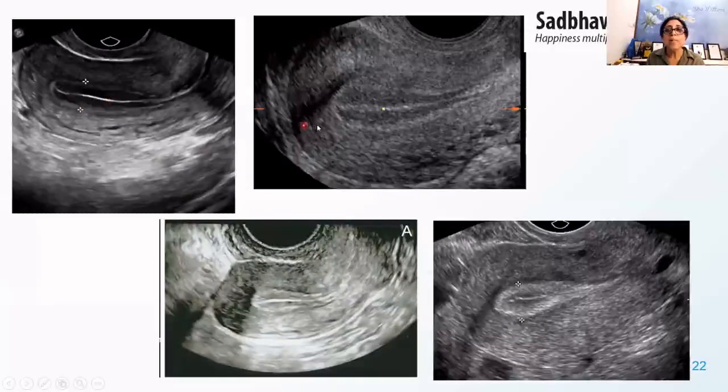Once progesterone starts coming in, this is a picture of the endometrium which we have, and this is not what we want, because once the endometrium is like this, that means the progesterone secretion has already started.